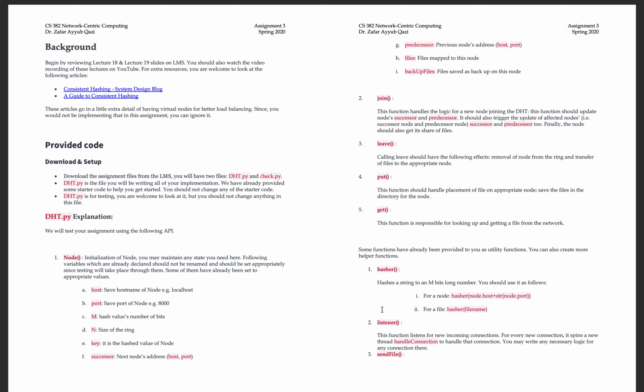Then one important thing is that all the communication between the nodes will be happening using sockets. So you cannot call another node's put or get functions directly. All this communication between nodes will happen through sockets, TCP sockets. So